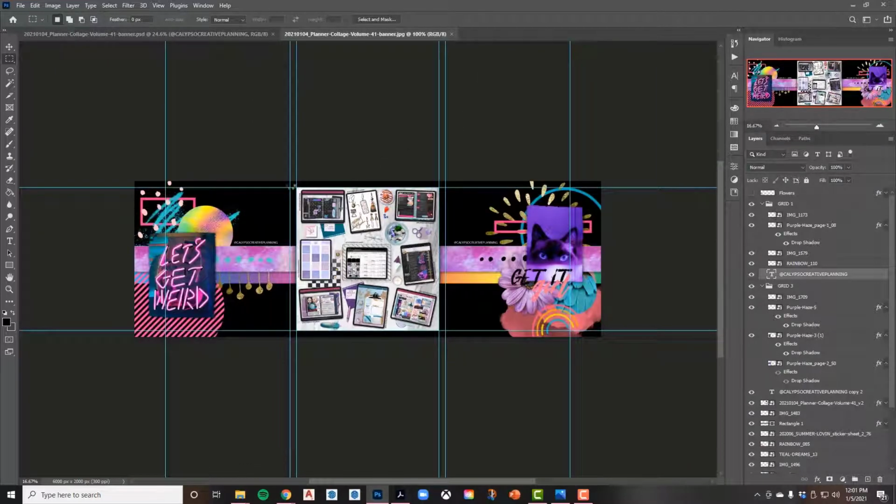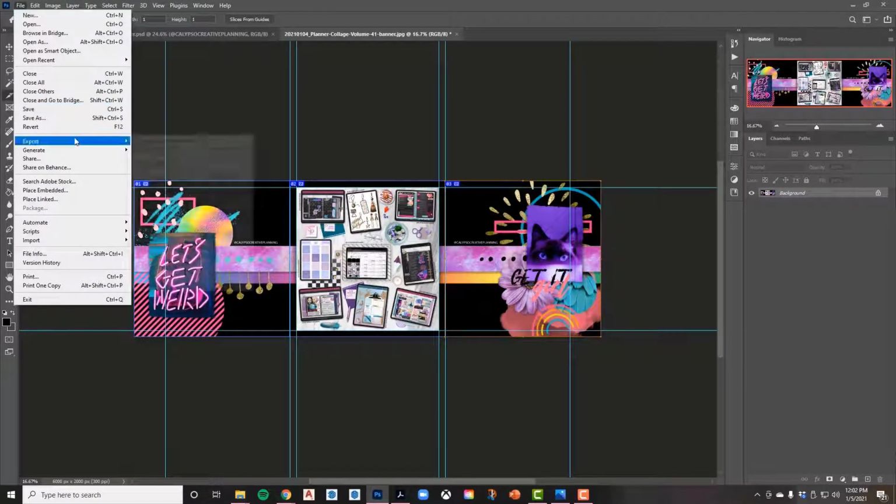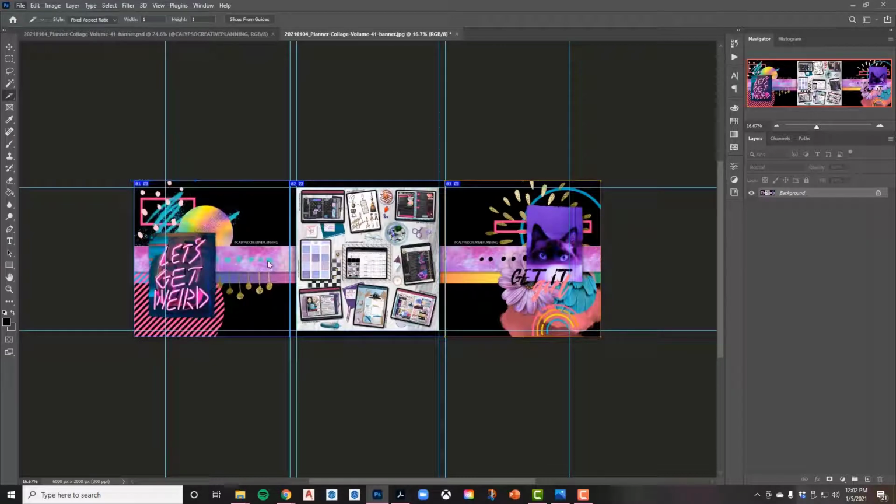And you can see I already have guidelines on here. So I'm going to use the slice tool and use the aspect ratio of 1:1, so it's a square. And I'm going to create slices for the individual sections. I use the same process in the full collage that I'm using in this banner. Then we're going to export, save for web,